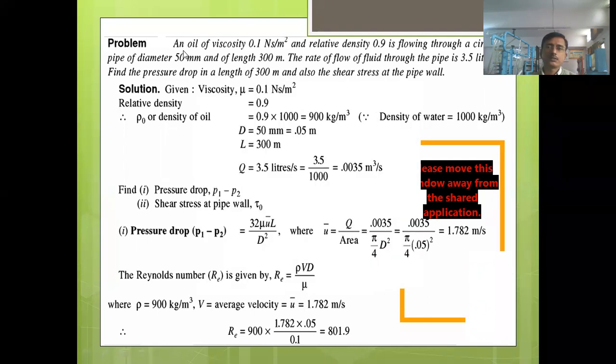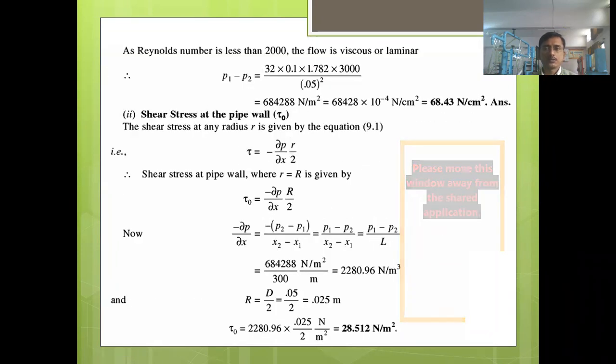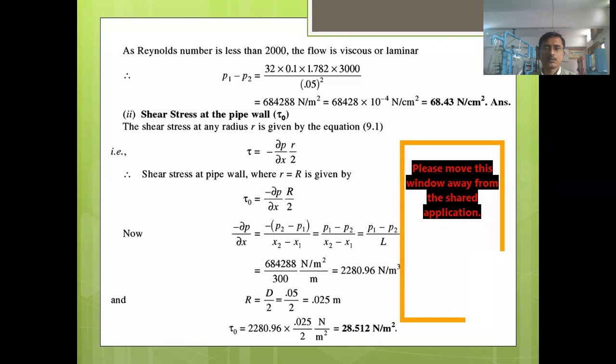Snehal, check what has gone wrong. Something is wrong here, because the answer is 6843. I'm also getting the wrong answer. 3000. Length is 300. They have written 3000 here by mistake, it might be a printing mistake, but yes, 300. But even that